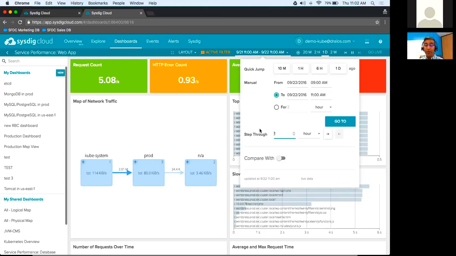Now, here's the beauty of our system: we collect your data forever. So we will have a large view of those short-lived applications or processes stored in our backend for as long as you need to. The only thing that you need to note is that we do aggregate this data over time. So for older data, you will typically aggregate that into longer periods of time.